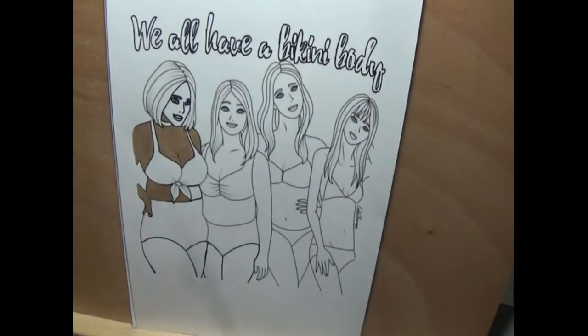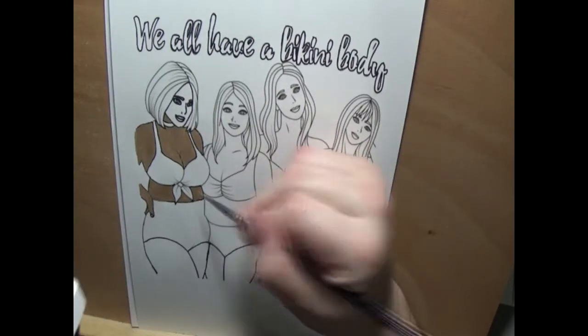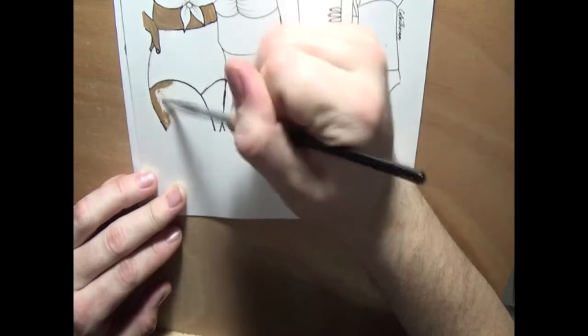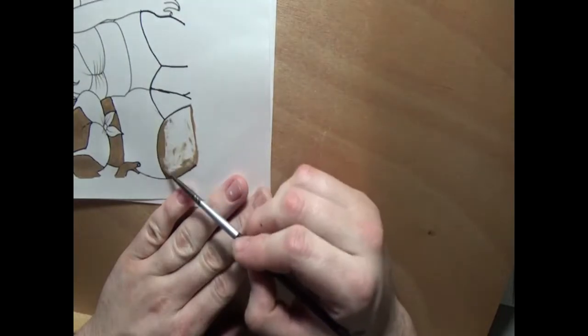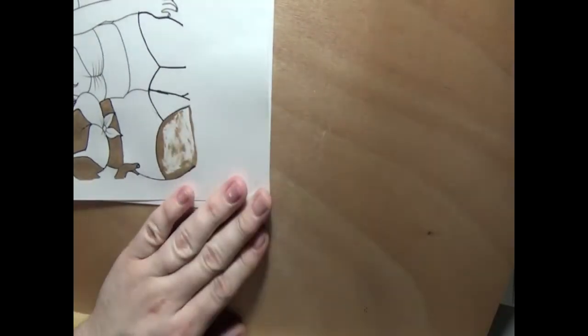I actually don't think I did terrible in this particular coloring session. I have done worse, so I think I may be slightly getting better, but not by much. But what I do is I paint,